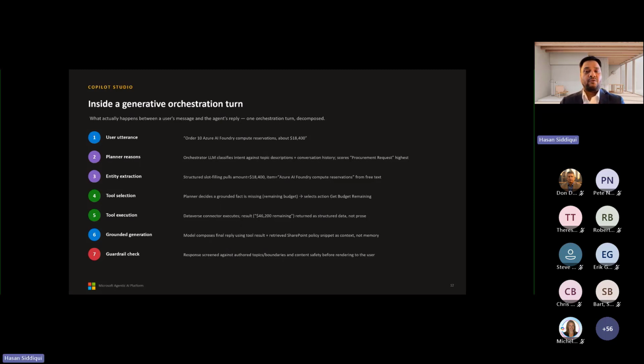This is a pattern I want to burn into your memory, because it's the same seven-step shape whether you are debugging Copilot Studio, an Azure AI Foundry agent run, or a hand-rolled agent SDK loop. The user's intent arrives as plain text.